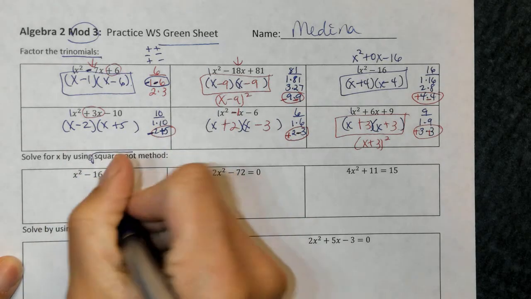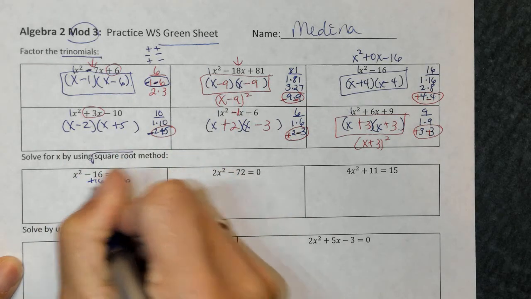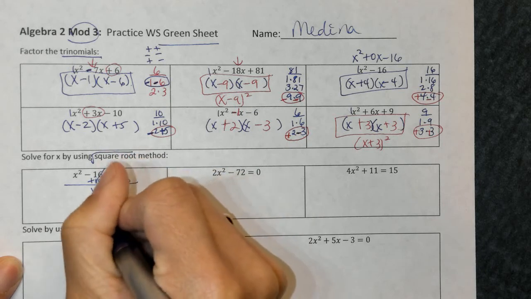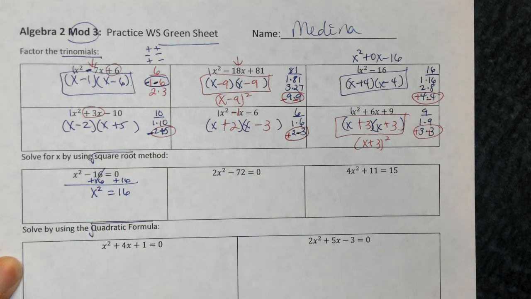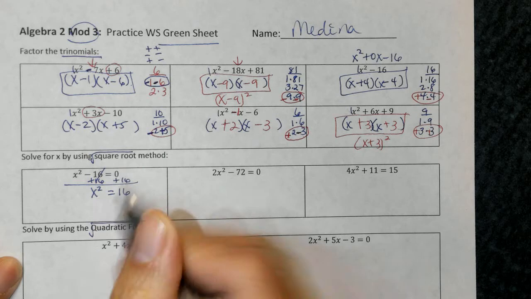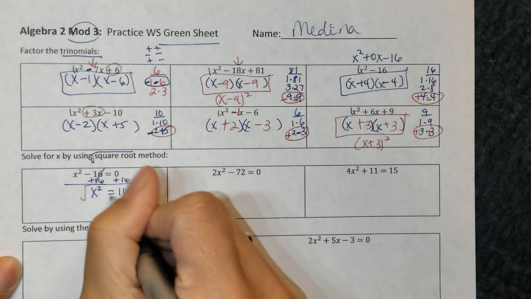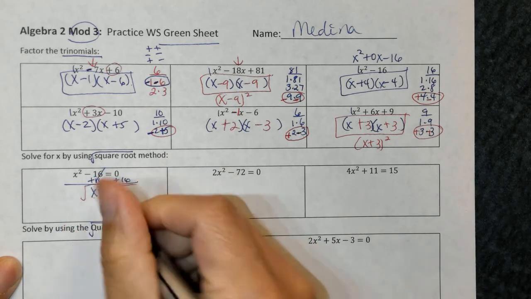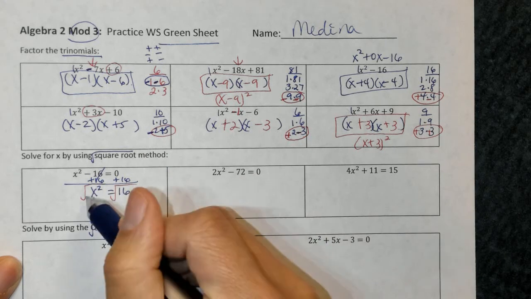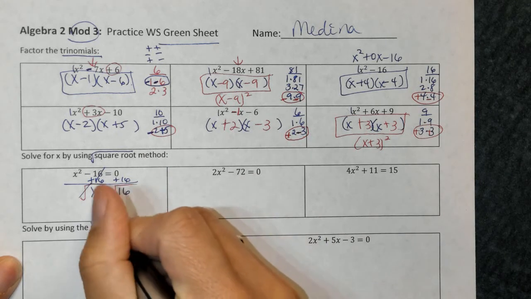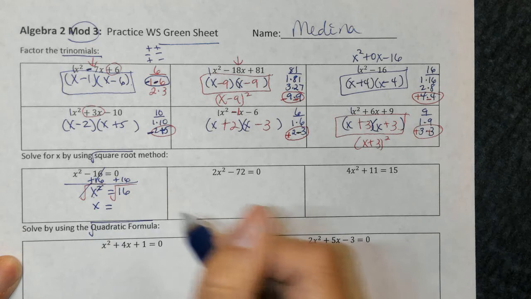So you're adding 16 to both sides, okay? This is what you're doing right now. You're left with x squared is equal to 16. What do I do? I need x by itself, so take the square root of both sides. Well, what really happens here is the square root cancels out with the square, x pops out, equals,